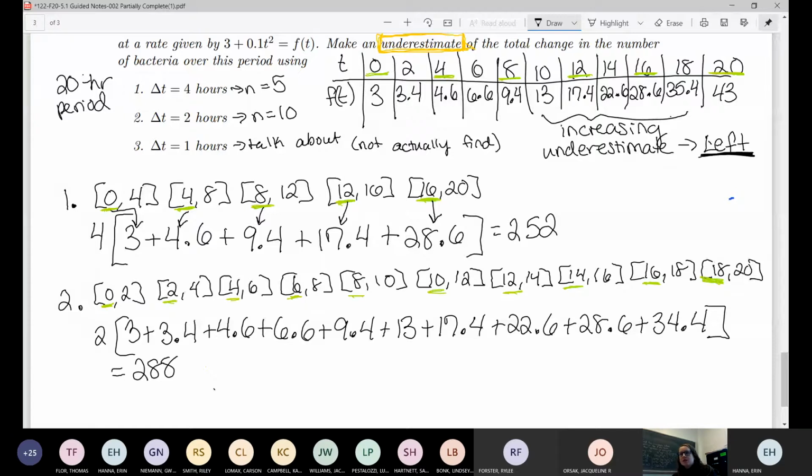Now, in terms of a quiz or an exam or something like that, I doubt I would even ask you to do 10 pieces, but 10 pieces is the maximum I would ever ask you to do. So this problem that we just wrote out here would be the longest I would ever ask you to do. I usually ask you to do less than that because I know that you can show me that you know what you're doing without having to do 10 pieces. But like this third piece of this question, which we're just going to talk about,